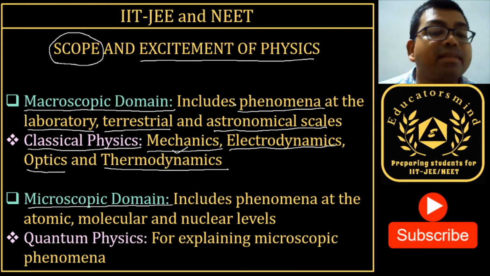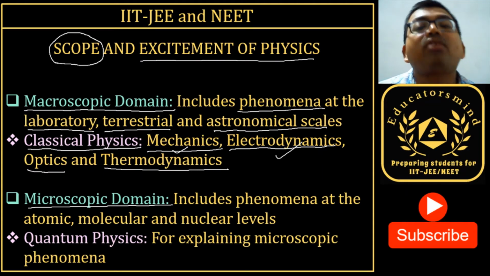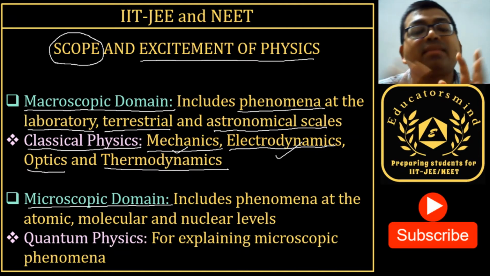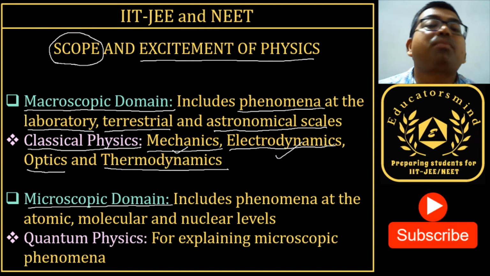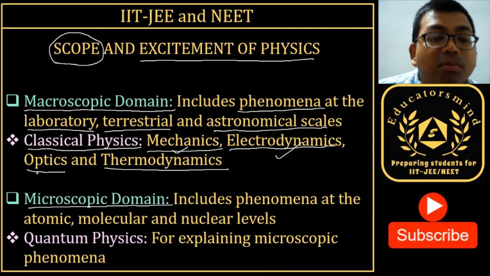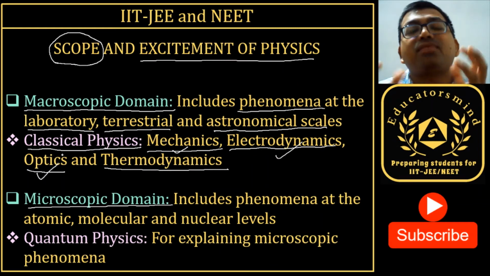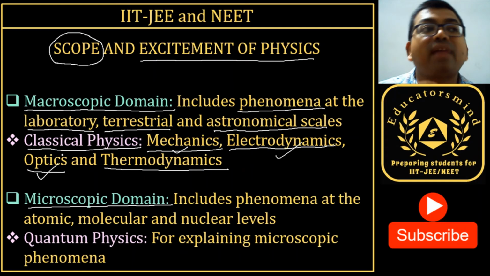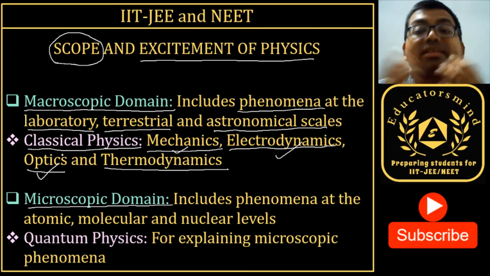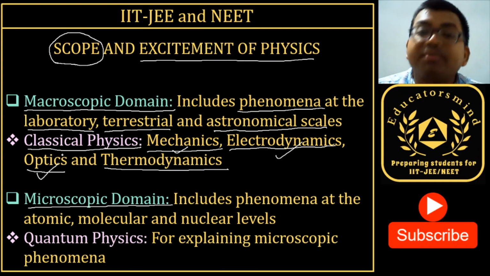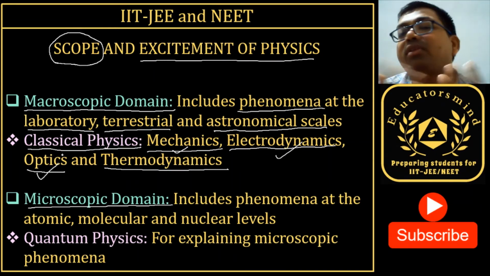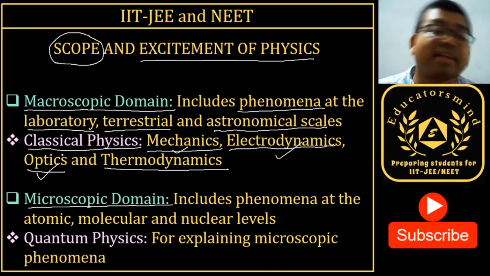Then electrodynamics, of course, is the dynamics of charges, current flowing, and the properties associated with charges. Then optics, the physics behind light, how light works. For example, I can see you, you can see me, you can see everything around, because light is getting reflected and reaching our eyes. So there are the phenomena of refraction and all these things.